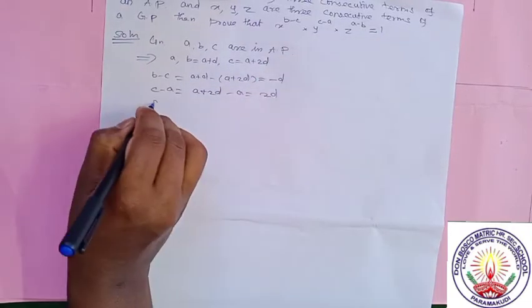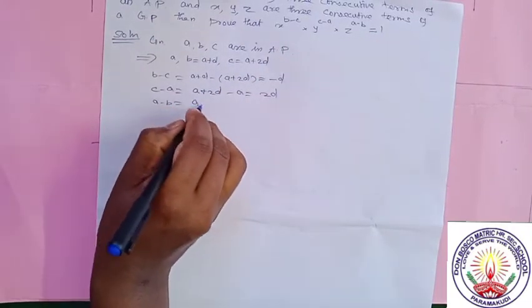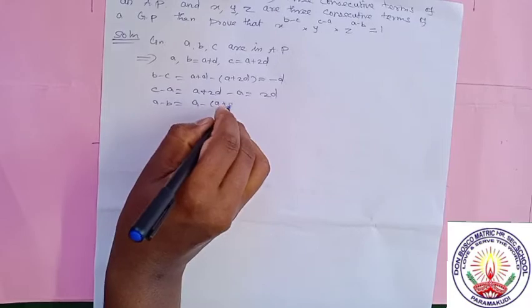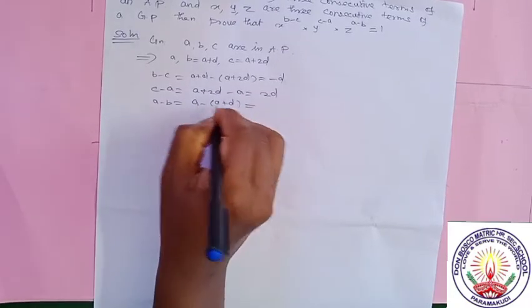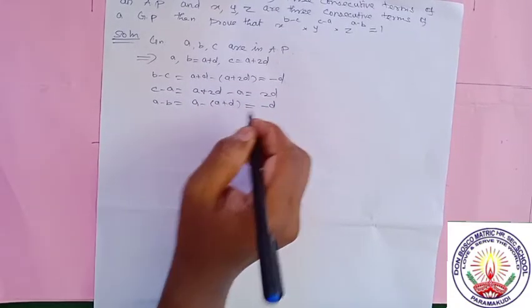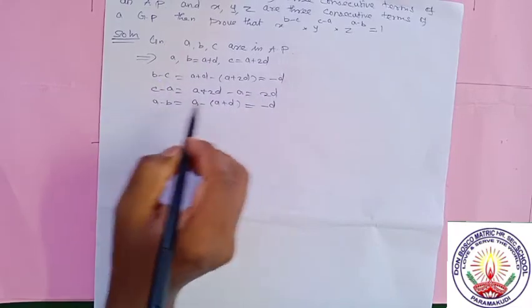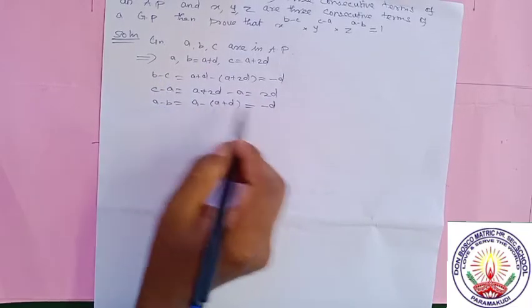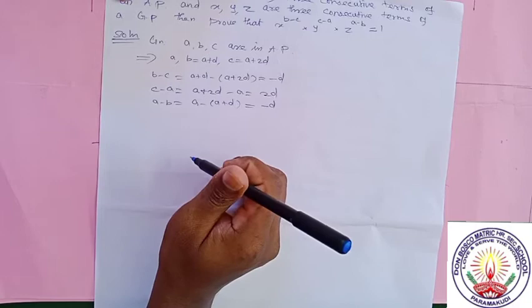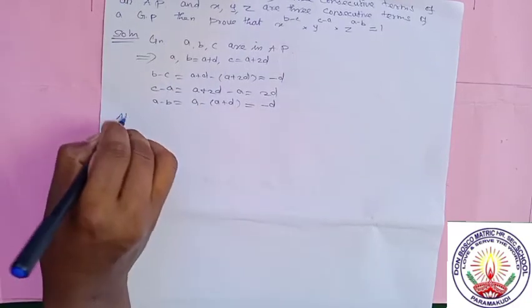Last one, A minus B. A minus B means A minus (A plus D). A cancels, plus into minus gives minus, so it is minus D. So we have B minus C is equal to minus D, C minus A is equal to 2D, A minus B is equal to minus D. Now also given,